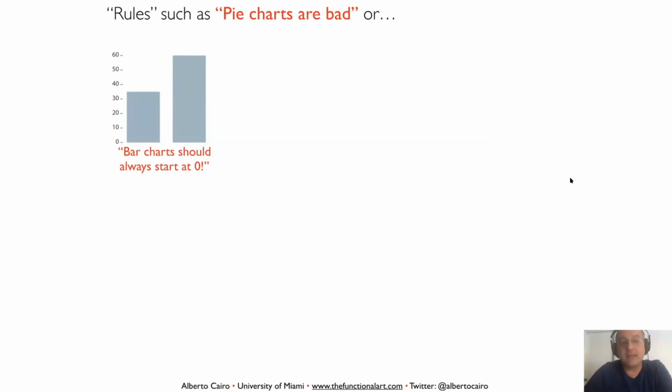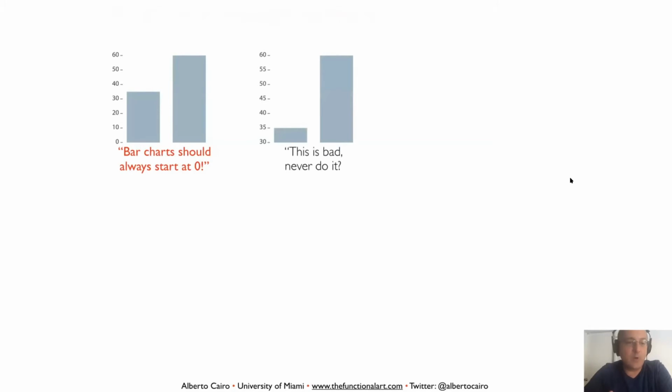And the reason why I have done this in the past is that if you truncate the y-axis of a bar chart, that distorts the proportions of the bars, right? And that is bad, so we'll never do it, right? But at the same time, those of us who write about visualization who say that it is bad to truncate the y-axis of a bar chart are much more flexible with the y-axis of graphics that are not based on length or height to encode the data. Graphics that use, for example, position or slope, such as a line chart, we usually say, well, in this case, it is fine. Well, is it really fine, right?